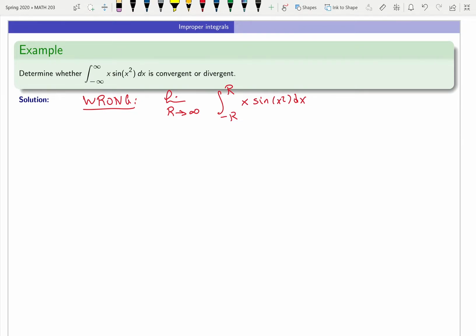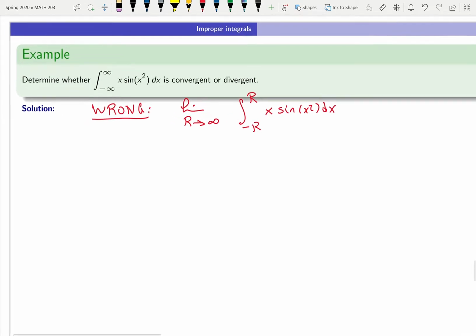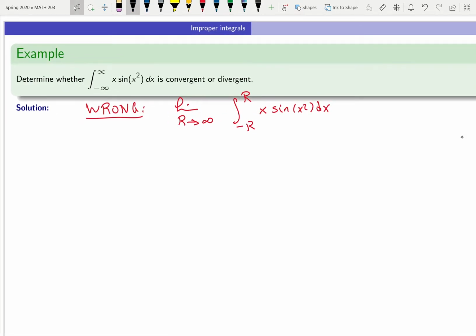Okay, so now we consider another example of an improper integral of type 1. First, it's wrong to write your integral in this form, limit when r goes to infinity from negative r to r of the integral. So what we do, according to what we defined in a previous video, is write this as the integral from negative infinity to infinity of x sine of x squared dx